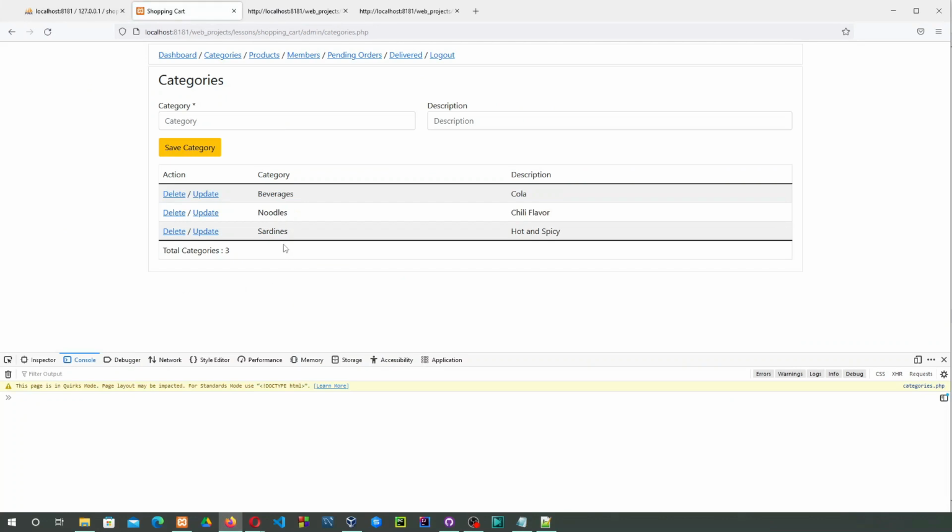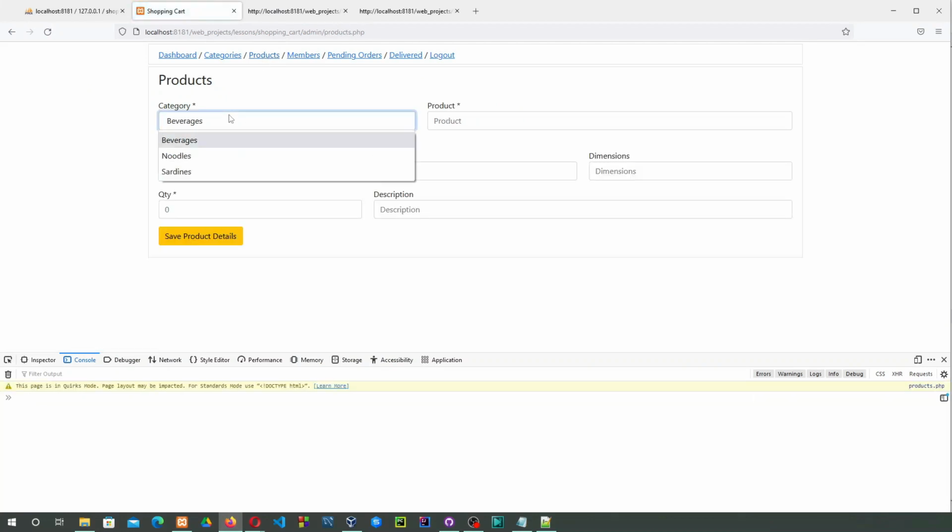Okay, so beer, beverage, noodles, sardines. So it should also be in this particular order. So I'm going to click products, beverage, noodles, ID, sardines. Okay. Now that we have already added our categories, let's now try to